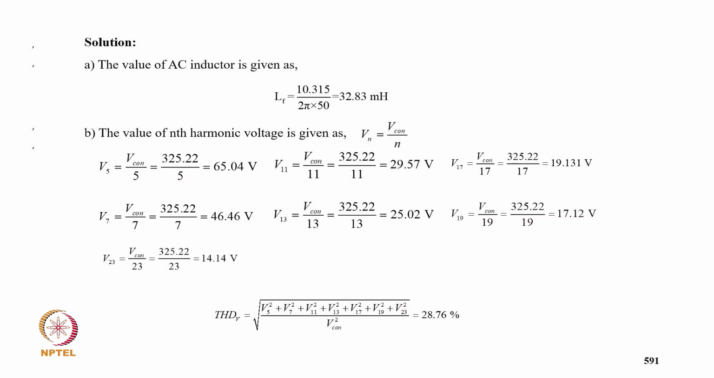So the AC inductor is LF equal to reactance upon omega. So this comes 32.82. The value of the converter voltage VN upon V converter. So V5 is 65, V7 is 46 and 23, and then V11, V13 is 29 and 24, and V17, V19, and we convert. So TID of V comes adding V5 square, V7 square, V11 square up to V23, and we convert